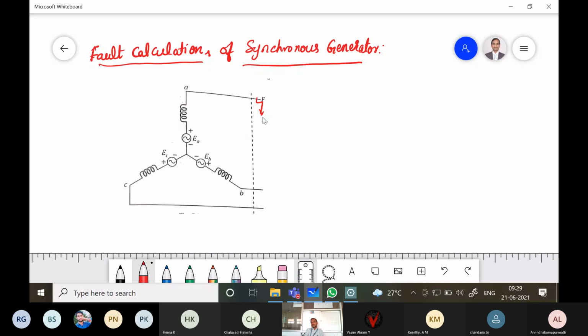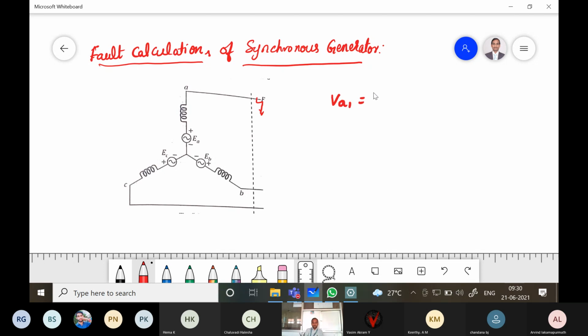So what are the symmetrical faults? Symmetrical fault means three phase fault. So three phase fault, bolted fault and three phase to ground fault, that is called a symmetrical fault. And apart from that, the remaining faults are unsymmetrical faults. So in this case, we need to write the equations for VA1